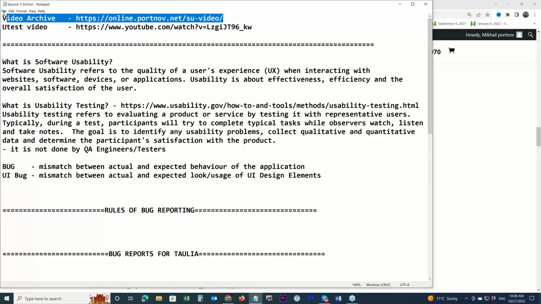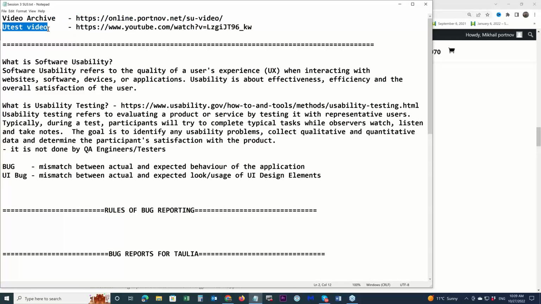So first of all, I want you to know that we have that video page where we keep archived videos. So you know it exists. Then we have that video on how to be successful with U-test. In some countries, guys, U-test is not working. Well, if that is the case, either you just don't do it, or you do it using VPN, or somehow you trick the system.